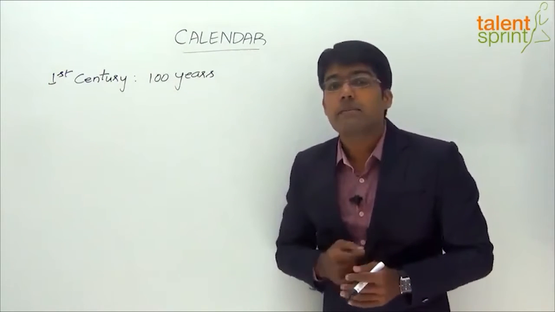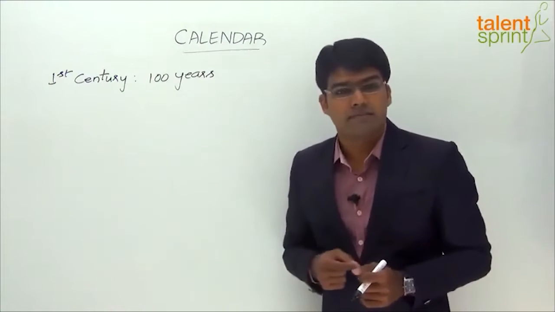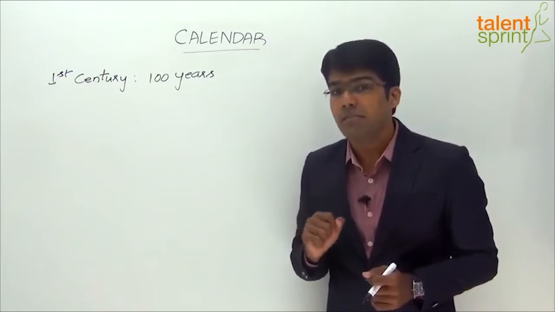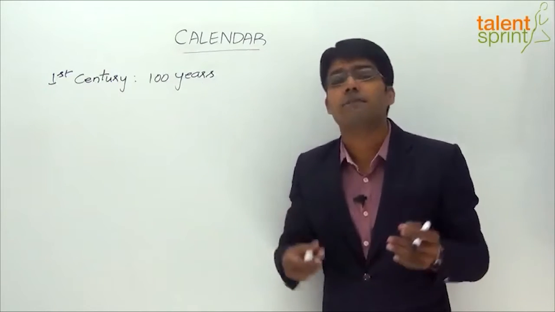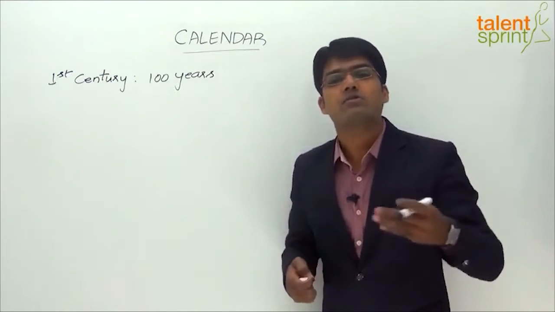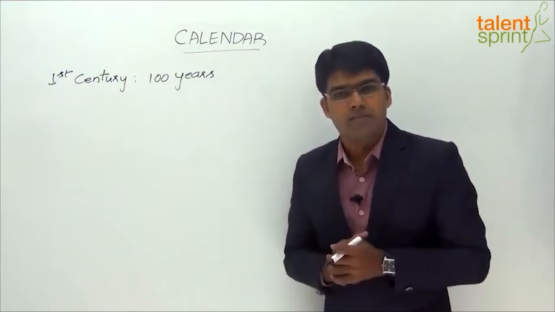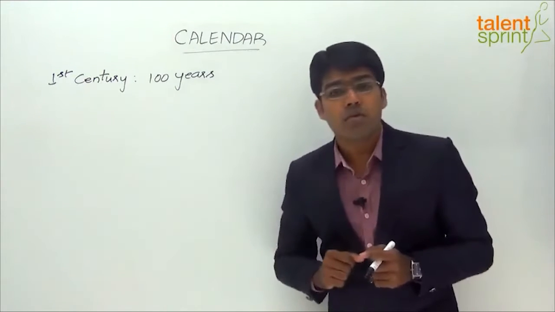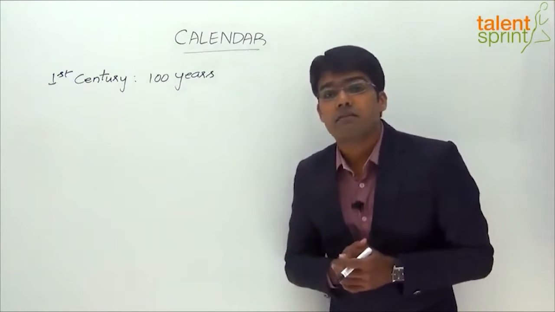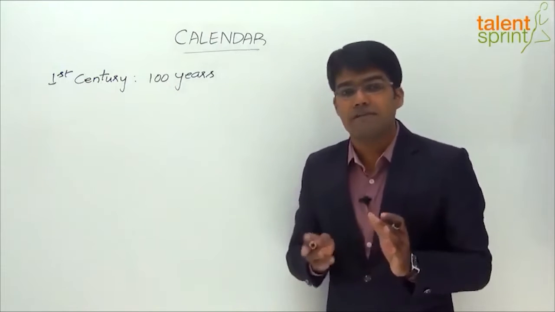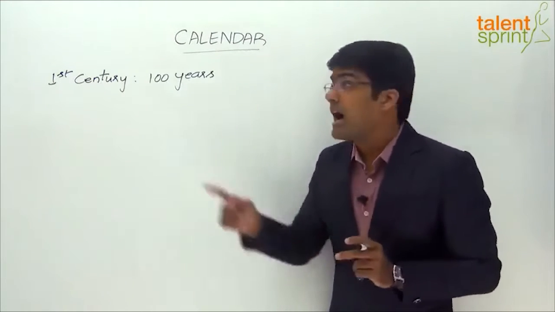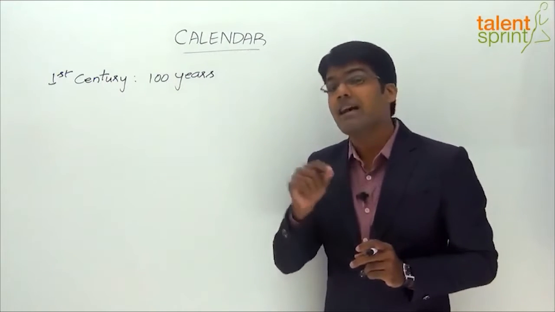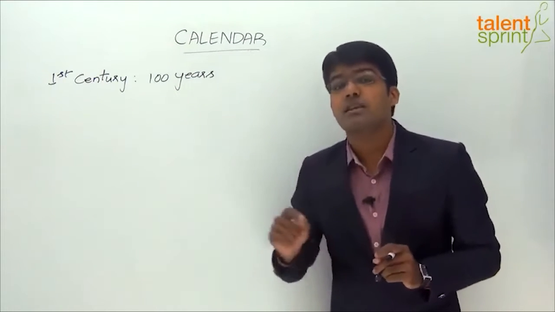Now we know that leap years occur every 4 years. So to find out the number of leap years in the first 100 years, we'll simply divide those many years by 4 and check how many times we get 4 in that period. So when we divide 100 by 4, we get 25, which means there should be 25 leap years in the first 100 years.